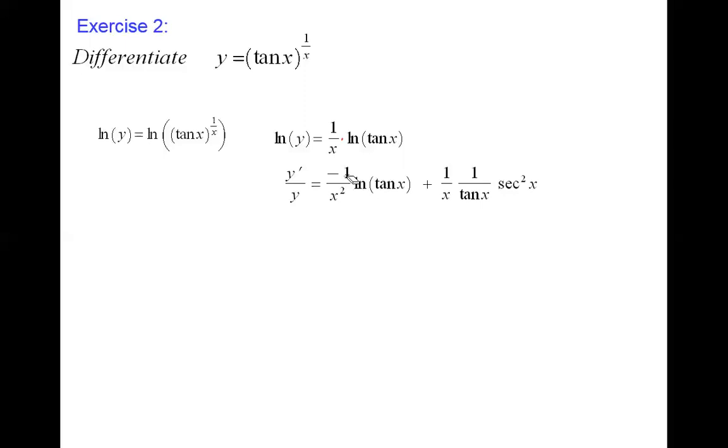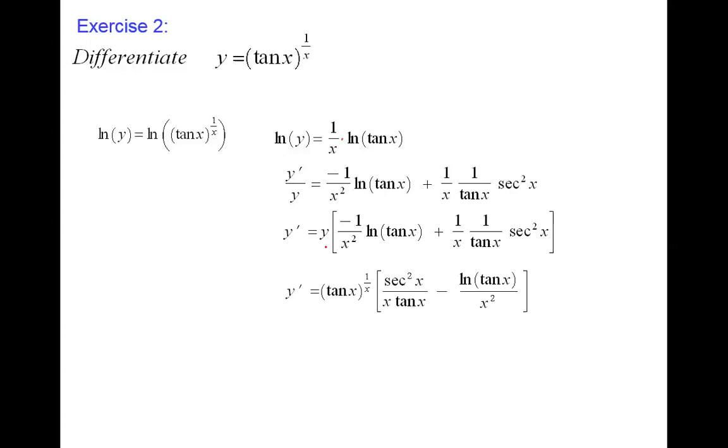You may use the power rule on the side. Times the second function plus 1 over x times derivative of ln of tangent. It's 1 over tangent of x times derivative of tangent, which is secant square of x. Okay, almost done. Multiplying both sides by y, we isolate y prime because we're looking for y prime. And another thing, we may rewrite y as the original formula, tangent of x to the power of